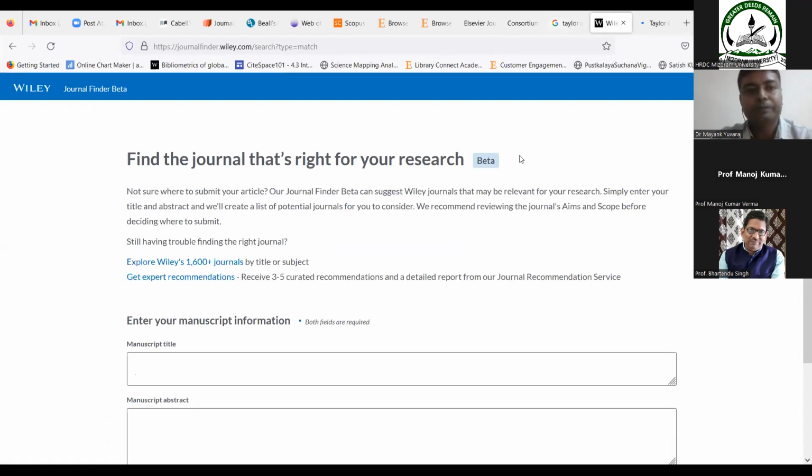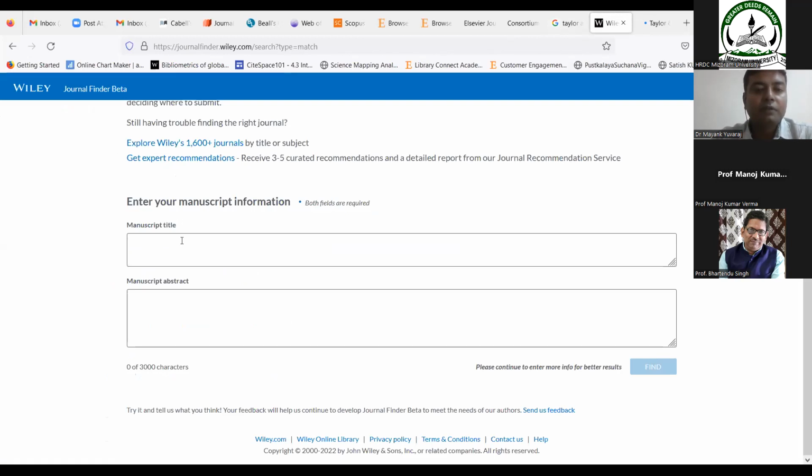You see, this is the tool, Wiley Journal Finder Beta. It asks for your manuscript title and abstract, and once you have submitted them, it will recommend journals relevant to your title as well as abstract.